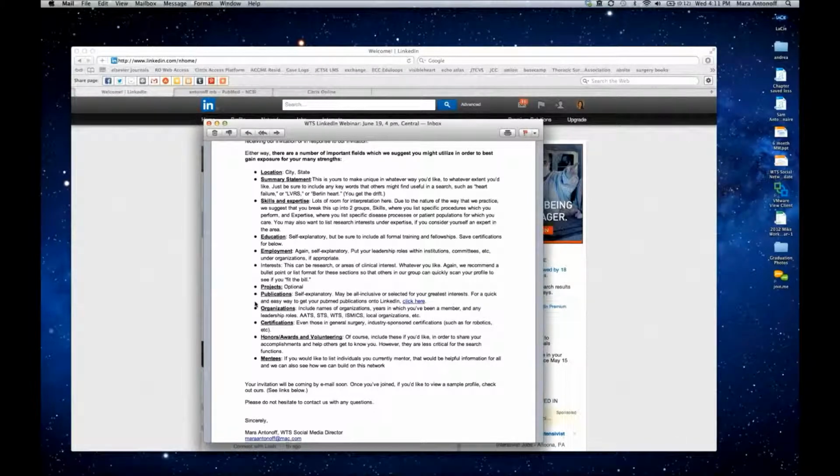When you go through that, there were just some little pieces of advice about how in your summary statement you want to try to include any words that you might want to have show up in a keyword search, whatever that might be. An example listed here were heart failure or lung volume reduction surgery, whatever may apply to you. The skills and expertise is something that falls into LinkedIn,